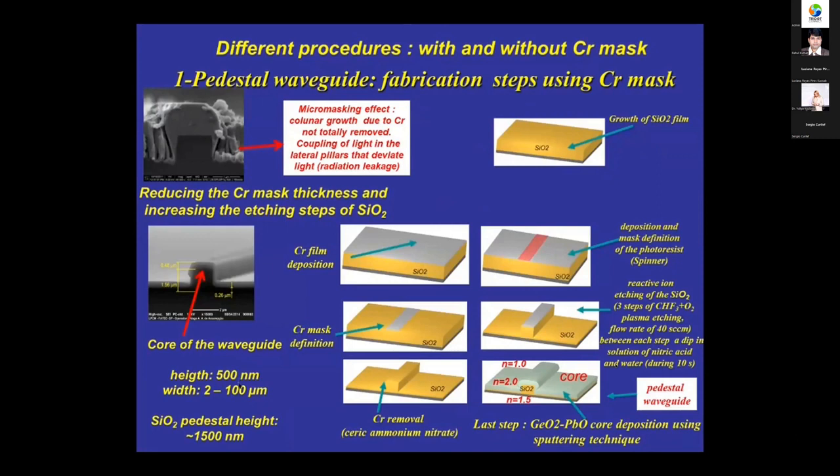micrometers. Silicon dioxide pedestal, and the last one,